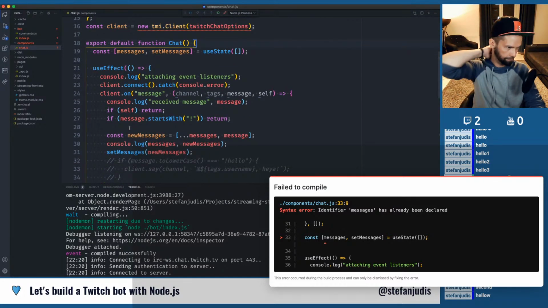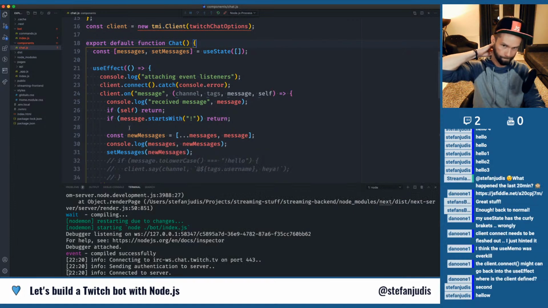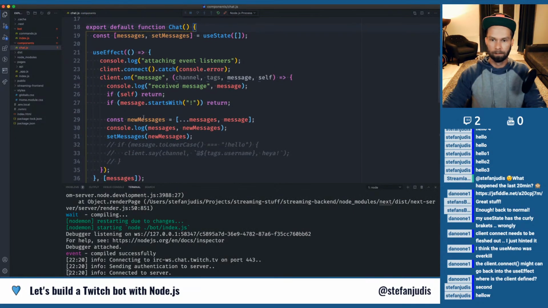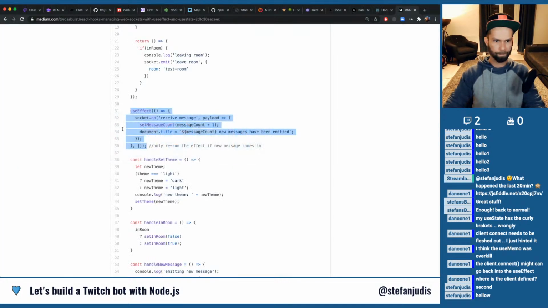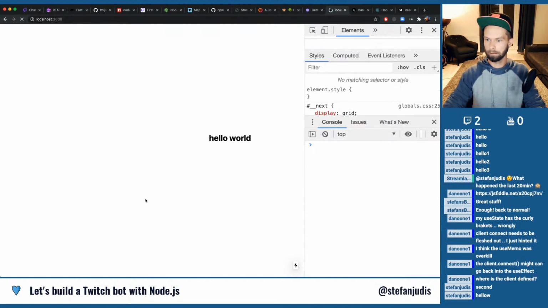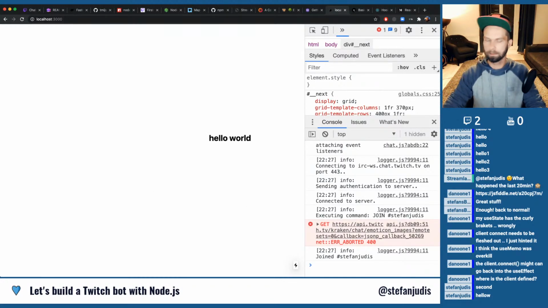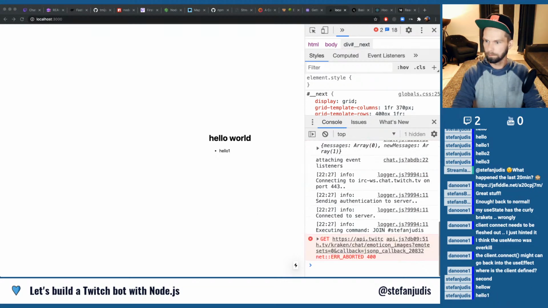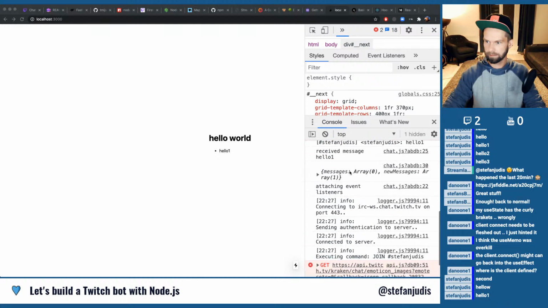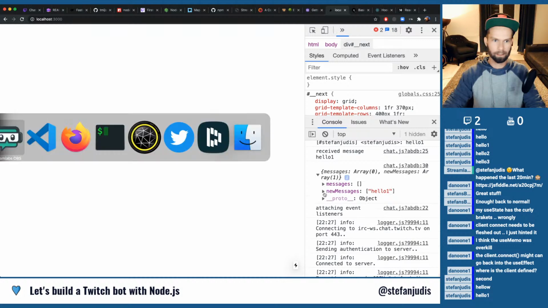All right, let's give it a second try. Set message. So this is where we came from, right? So when we go back here, we have a look. We have an empty array. And when we now send a message, hello 1, we have messages count 0, new messages count 1. So that looks good. This is the first run. And then we call